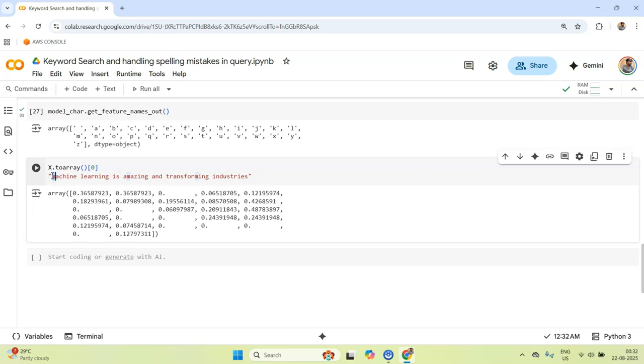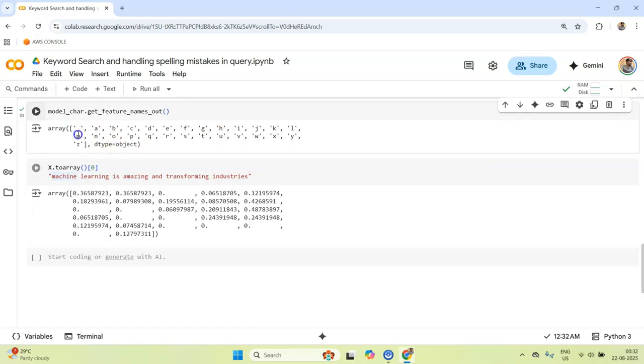For example, it is not looking at "machine", but rather "m". The index of "m" starts with space and then A, B, C up to M, so M would be 13, I guess.